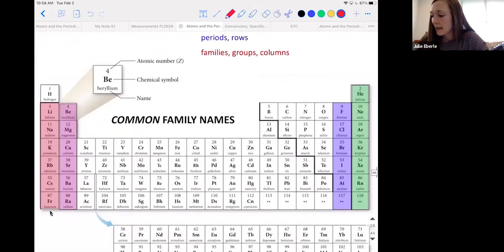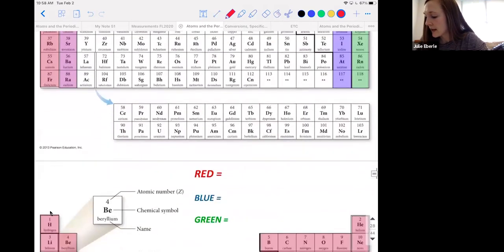All right, now the ones highlighted on this are just different groups. We've got 4 groups that are highlighted, and these have common family names. I'm not going to tell them to you just yet because I want to look at a few more broad scale organizational pieces. But we're going to learn the common family names. I expect you to know the common family names for all 4 of these groups, okay? So we'll come back to that.